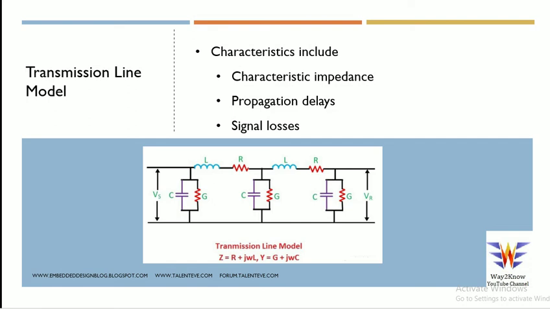As high-speed designers, people do enjoy these challenges, especially when we say the characteristic impedance, propagation delay, signal losses. These are all not constant. They vary depending on different parameters of the PCB, especially the traces, manufacturing defects, many things come into the picture. So we will talk in detail about this characteristic impedance and all these delays, and the signal effects that could be caused because of these transmission lines, in the next videos.